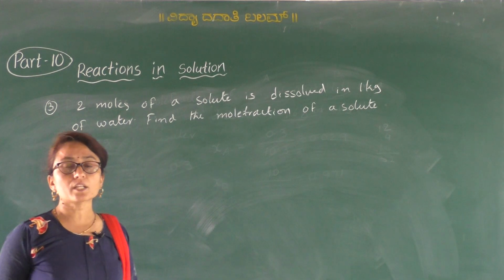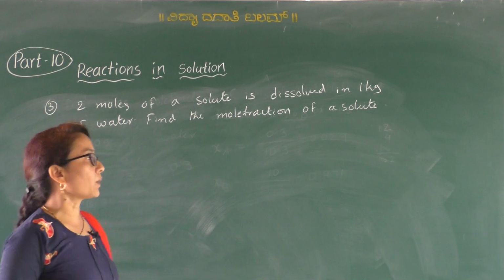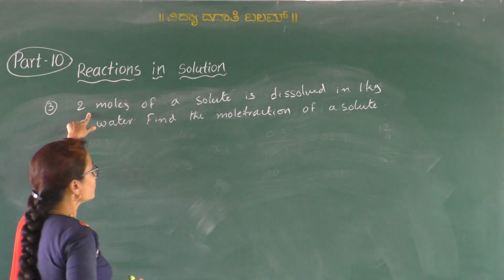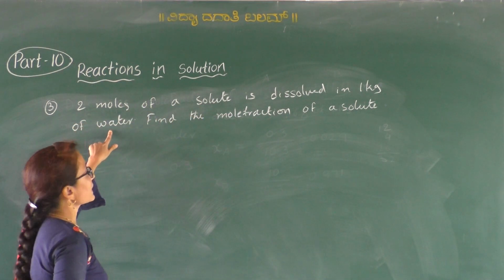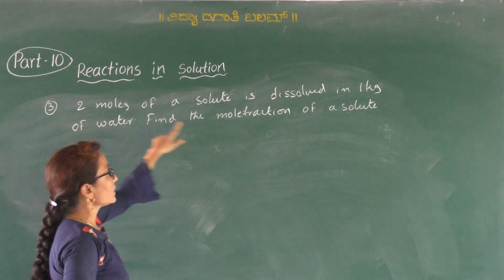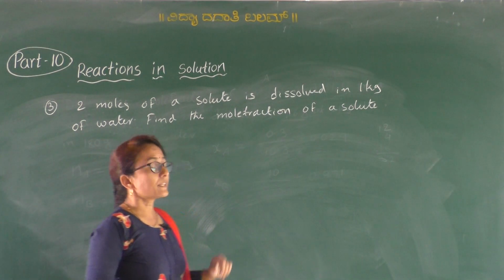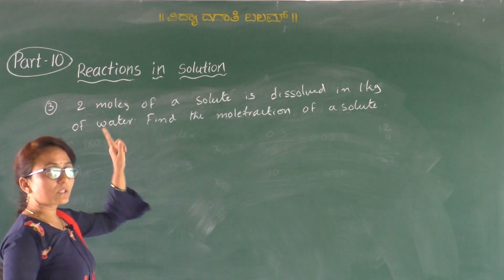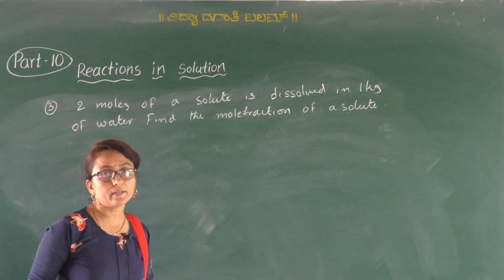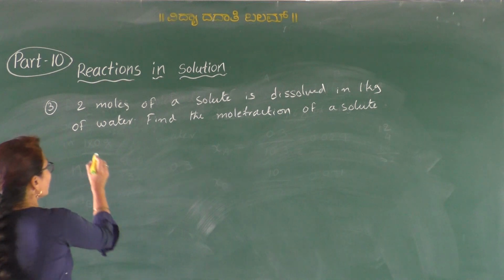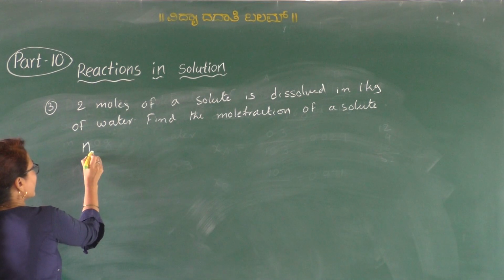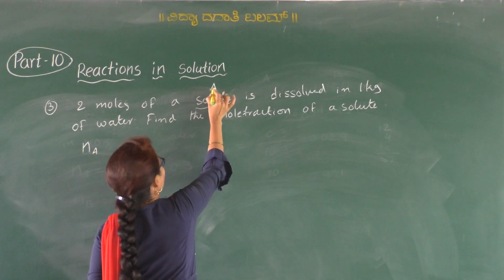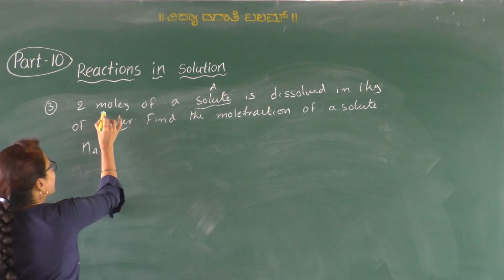So here, if only the solute is asked, not for the water. Okay. So here for the solute the number of moles is given. So the solvent is water and for water they have given the mass. Therefore the number of moles of solute is known. Then we have to calculate the number of moles of the solvent, that is water. So the solute we take as A, and water we take as B.